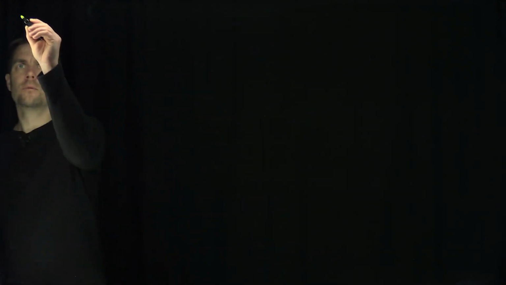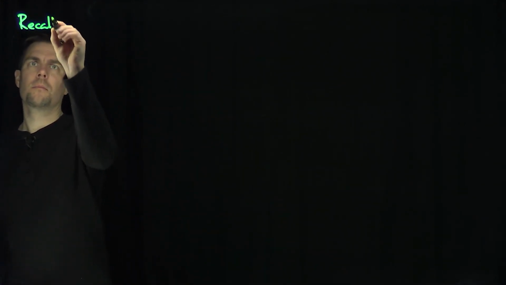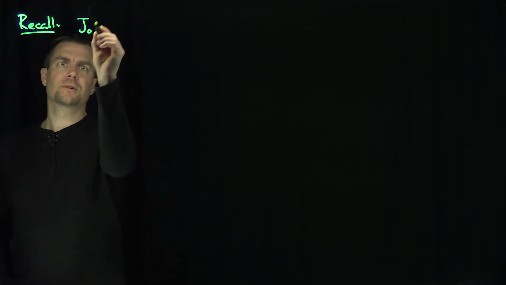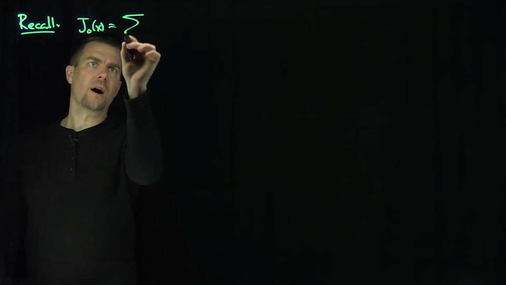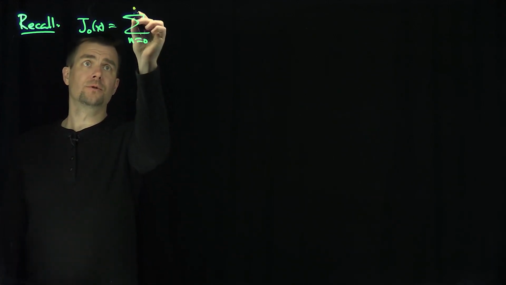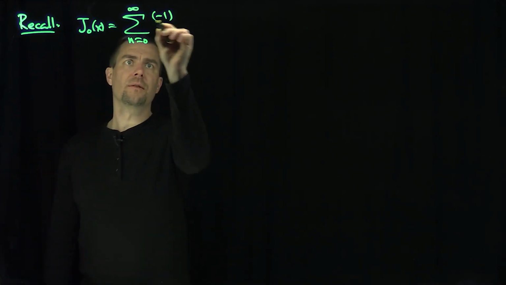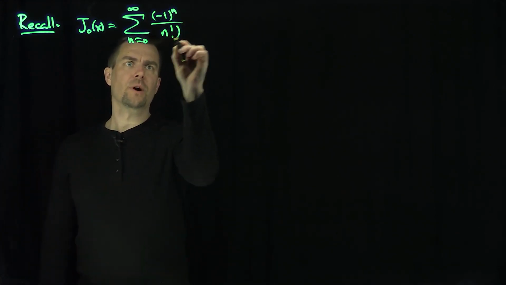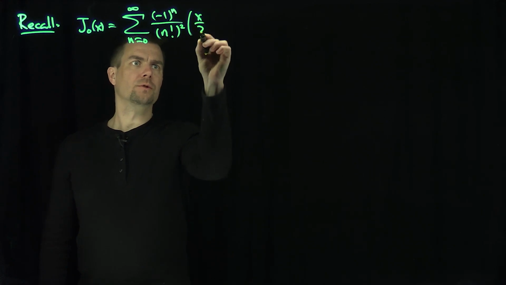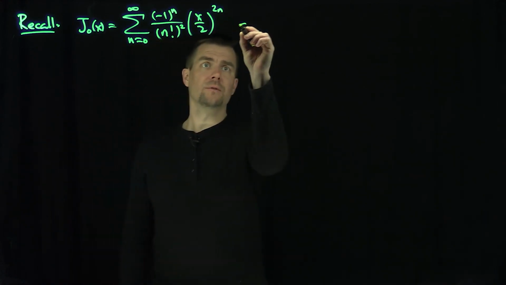Hello students, in this video we'll show that the Bessel function of order 0, J0 of x, has an infinite number of zeros or roots. Recall that J0 of x, which is the sum from n equals 0 to infinity of negative 1 to the n over n factorial squared times x over 2 to the 2n, solves